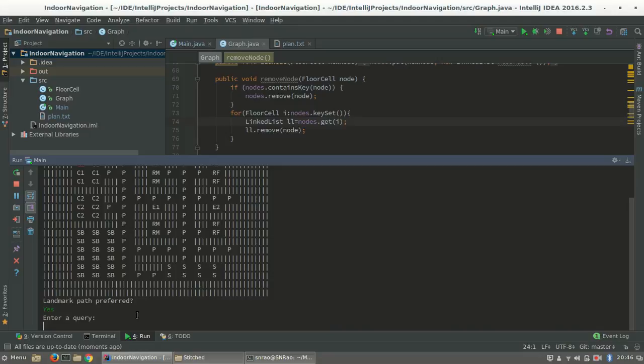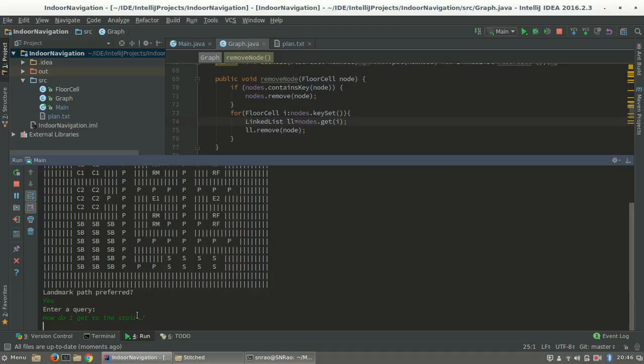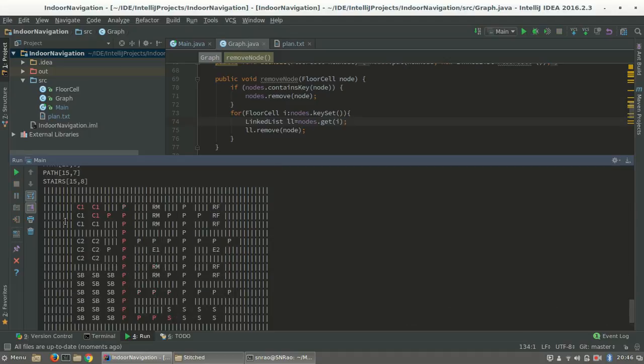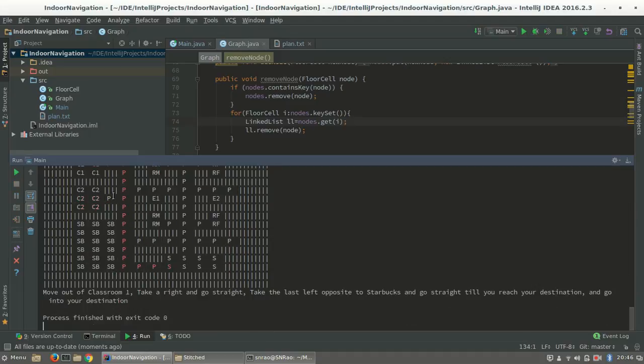Now if I select yes for this question here, which means I want a path that is not as short as the shortest path but short enough but also contains landmarks, and I ask the same question again, how do I get to the stairs, then as you can see it directed me through a path that was not the shortest path. It contains a few nodes more than the shortest path, but it has a salient landmark which is Starbucks